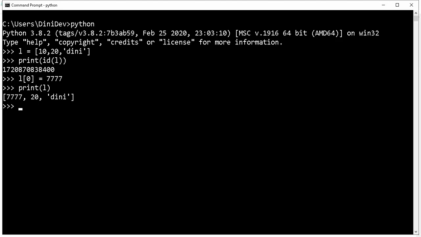The list is mutable, so the changes are performed in the existing object. Let's check the address of this one. It is the same address, but the first value, L of 0, is changed: 10 is replaced by 7777.